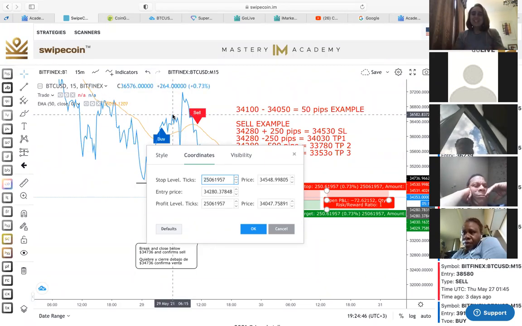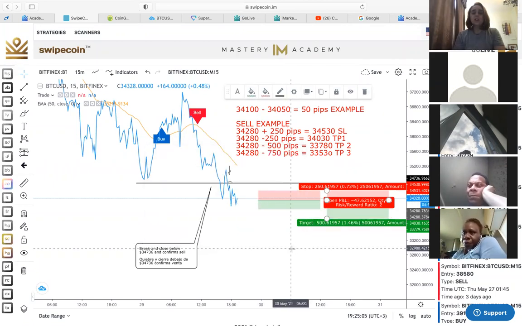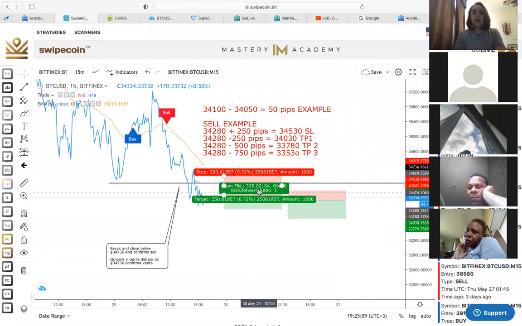Yep, it was a trick question. It's going to be 250. We do not change the stop loss, because you're doing the same risk. The same risk, so it's still going to be 250. But this time, instead of 250 take profit, you're going to go for 500, right? And then your final one,